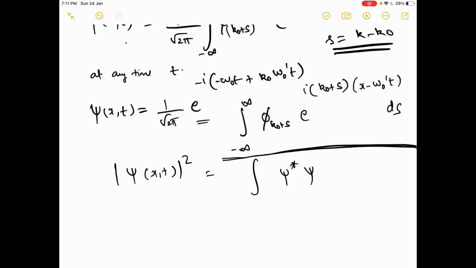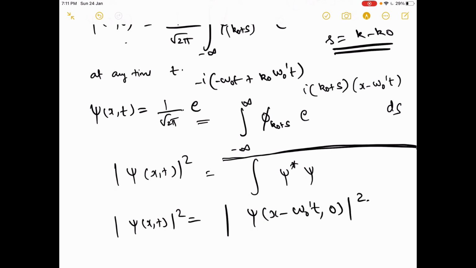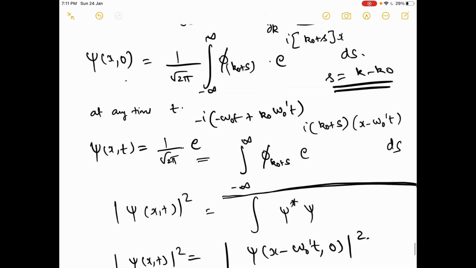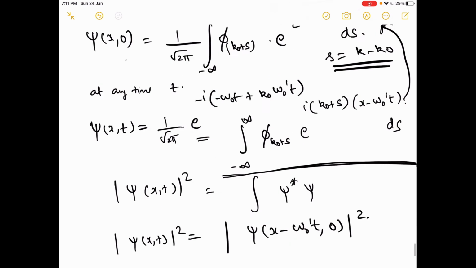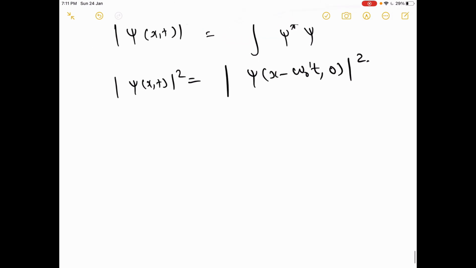So psi of x comma t square is basically psi of x minus omega naught dash t comma 0 square, right? If you replace x by x minus omega naught t, you will get back to the same equation. So this equation and this are the same if you replace x by x minus omega dash t. So what we are saying is at any time t, the wave function seems to be moved by this particular value omega dash naught t, which means that the velocity